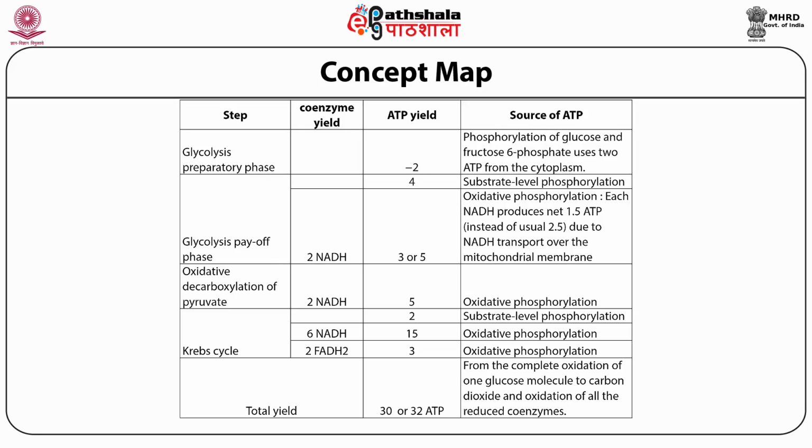So first of all, we need to go through the pathways of glycolysis briefly, and the oxidative decarboxylation step and the Krebs cycle, and then the picture will be clear in your mind how much ATP is formed from substrate level phosphorylation and how much ATP we are getting through the electron transport chain by NADH and FADH2. So we need to count how much NADH is generated from glycolysis, from oxidative decarboxylation, from the Krebs cycle. At the same time, how much FADH2 has been formed. We need to take account of the energy expense.